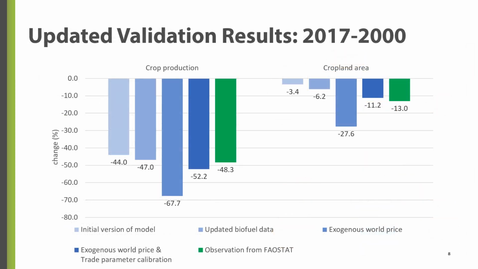Here, we summarize the validation results from each step. The takeaway message of the SimpleG Brazil validation is that when the mismatch exists, a useful strategy is to separate different systems by setting key variables exogenous in order to identify the source of the problem, and then proceed in a stepwise fashion. In this case, we needed to update both the data and the model parameters to obtain a satisfactory match of simulated and observed data for Brazil over the 2000 to 2017 period.